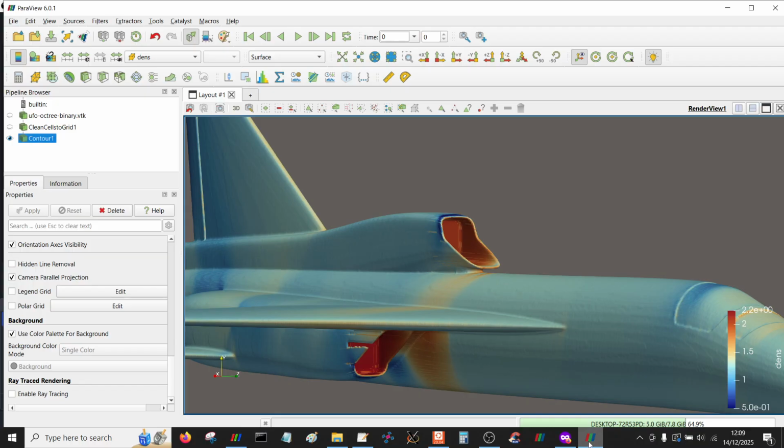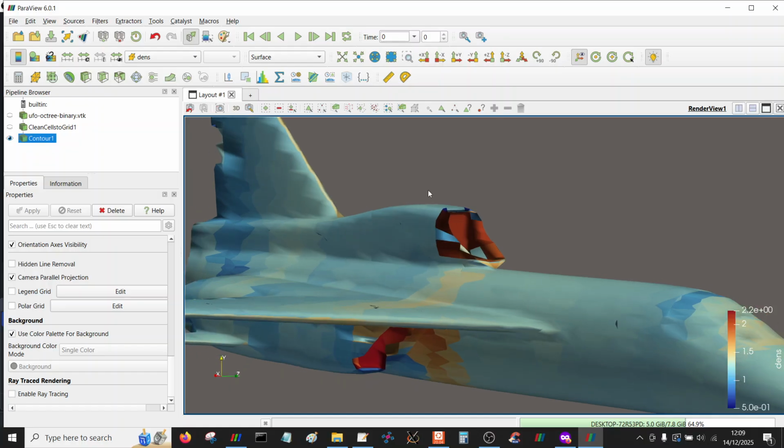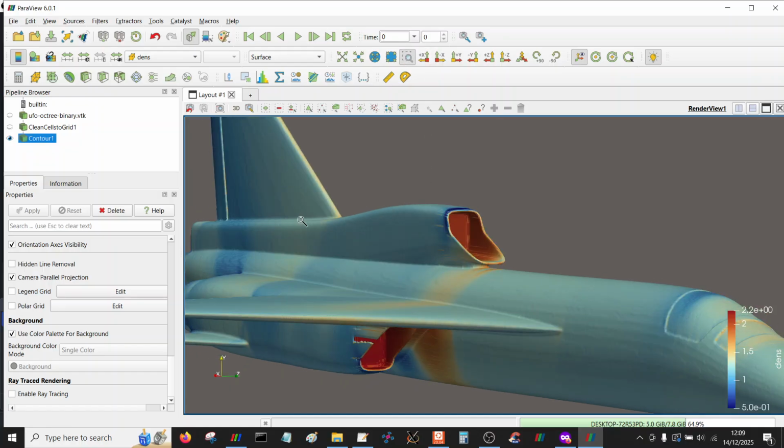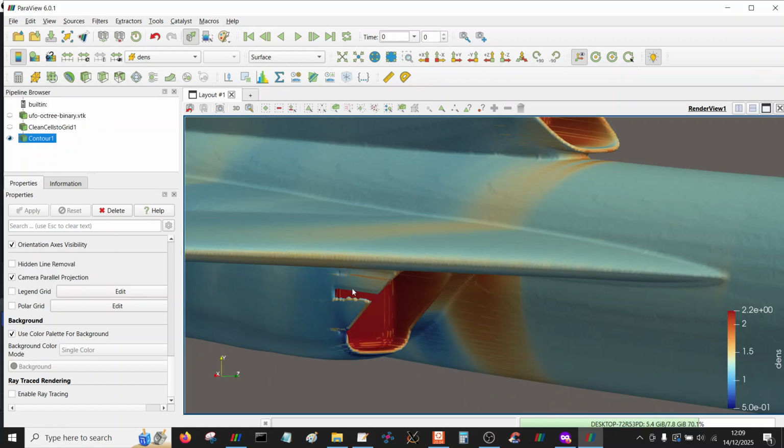Okay, I wanted to do a quick video about modifying geometry in Paraview. I've recently come across this case where I'm trying to model this aircraft, and when I was looking at the flow solution, I noticed that I've got some bleed through on one of the intakes here,